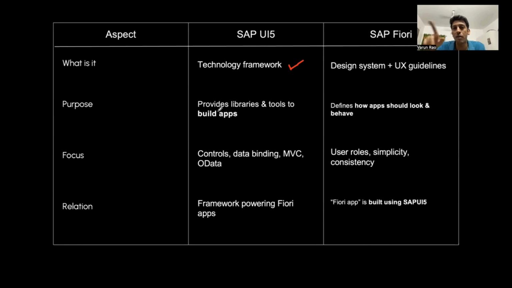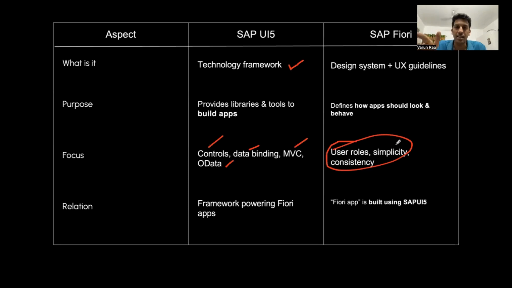However, when we talk of Fiori, here the application is already built. You're just talking about minimal customization. When we talk of UI5, here you have controls, you have data binding, you have MVC, you have OData. All these are pretty much involved in Fiori also. However, they majorly work on user roles,